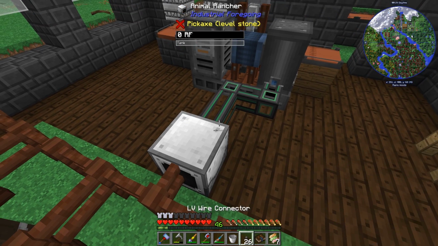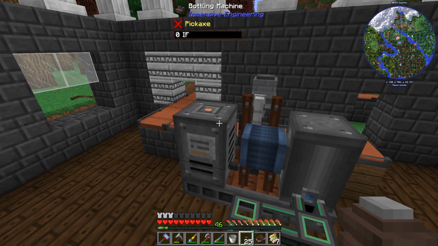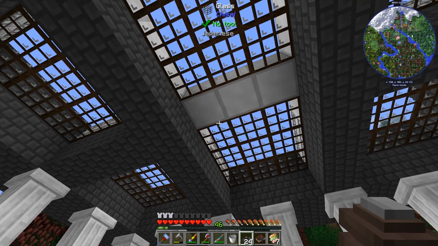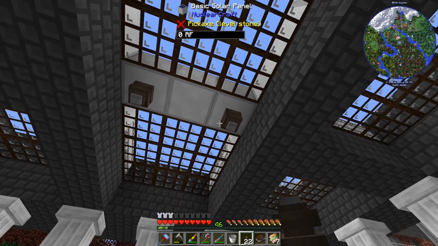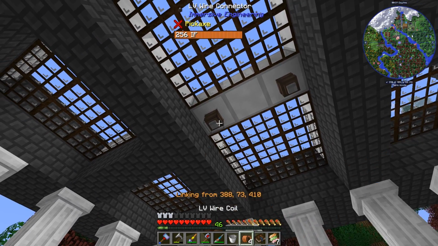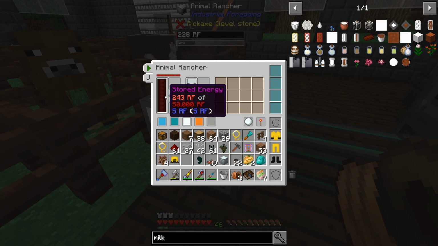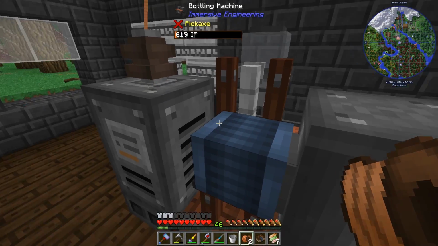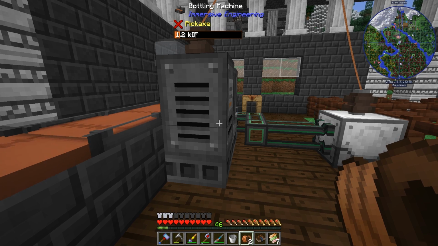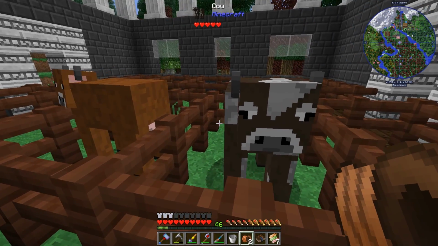Okay, so let's try and plug this in and see if it actually works. So we've got a connector here. A connector there. A connector up here. And a connector up here. This should work. We can probably connect these two things to these two machines. Okay. It's getting RF. And so is the bottling machine. But it's not getting very much RF at all. It's going very, very, very slowly. But that's fine. Now, how much RF does this thing need to do an operation of...